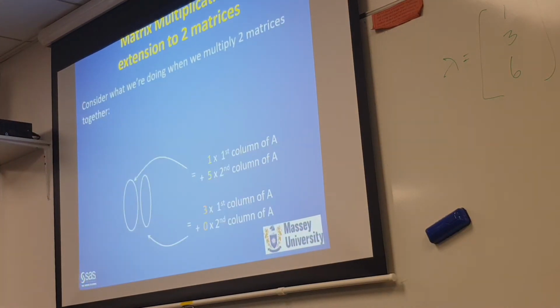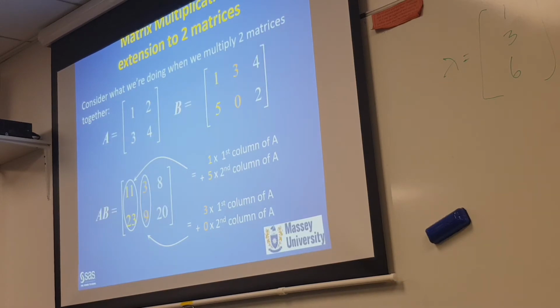So let's be explicit. Right, so what are we saying? So we've got this, so let's multiply these again. A times B, we're multiplying 2 matrices together now. So what have we got? We're saying we have,